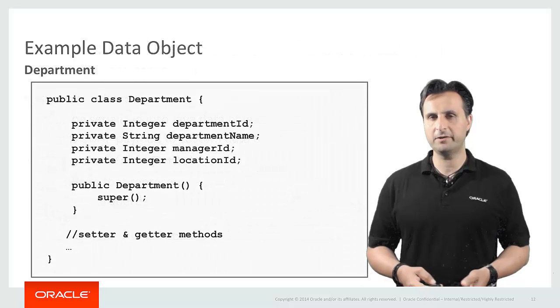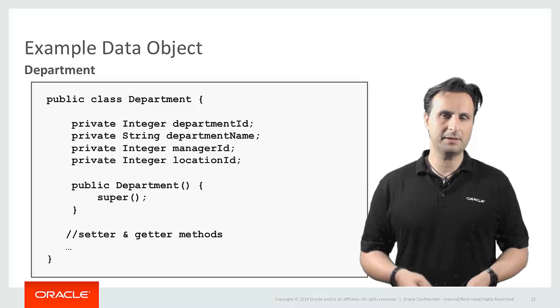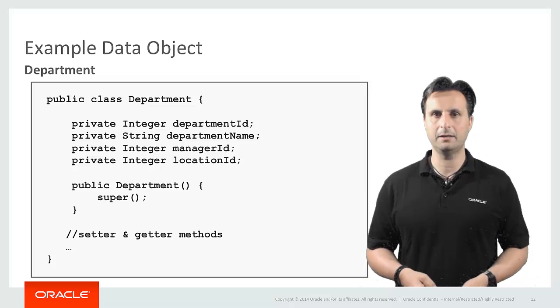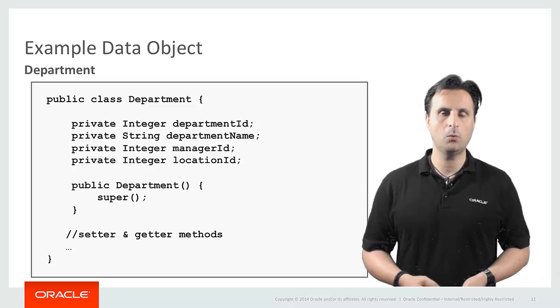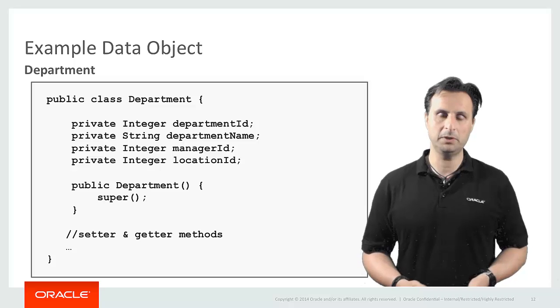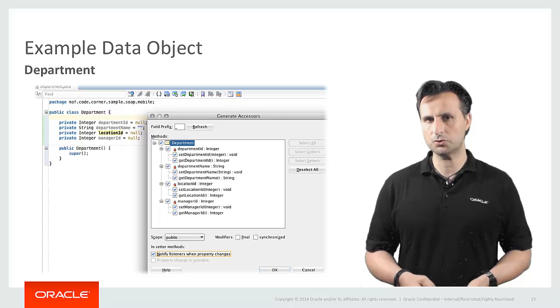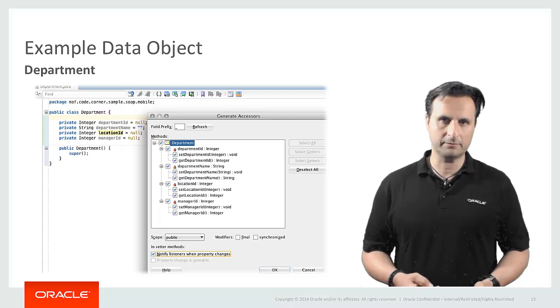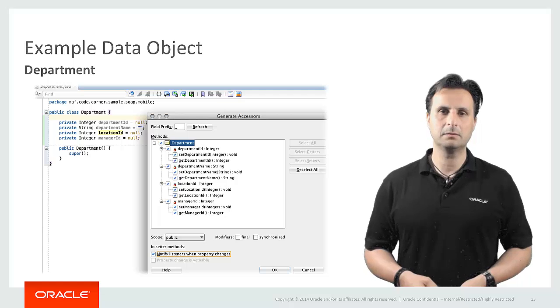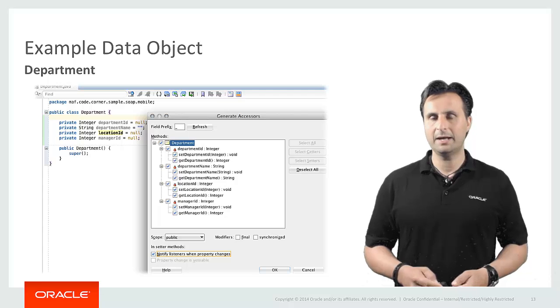So here's an example for a very simple department object. So the data object department with the attribute that I just mentioned, department name, ID, and so on. And then you create setter and getter for it, because this is what would make the attribute a property. And we need to work with properties. And to do that, you will just right mouse click into the source code editor, choose generate accessors, and then it will show you the list of properties it finds and ask you to create set and getter for it. You just check them all and hit OK, not before checking the checkbox that you see at the bottom, which